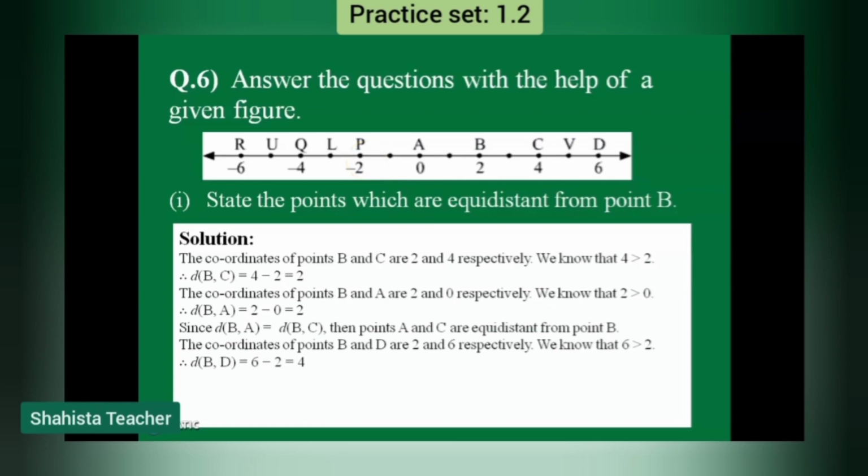If it is 4, then again it is equal. Okay. So here we will write the last criteria, the coordinates of B and P. B represents 2 and P represents minus 2 respectively. We know that here positive 2 is greater and negative 2 is smaller. So the coordinate of point B is 2 and P is minus 2 respectively. That means 2 is greater than minus 2. Is that clear? After this, we are calculating the distance of B to P. So here we will write distance of B to P is 2 minus minus 2.